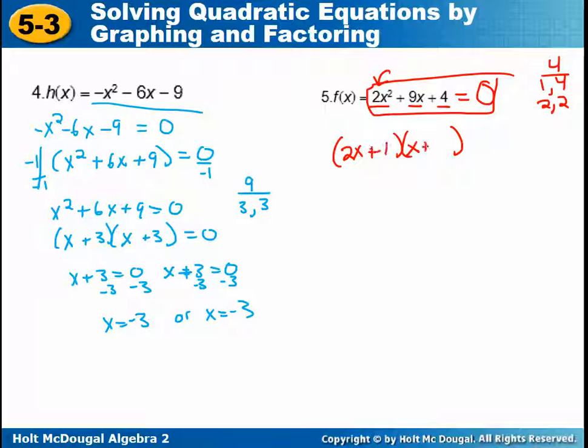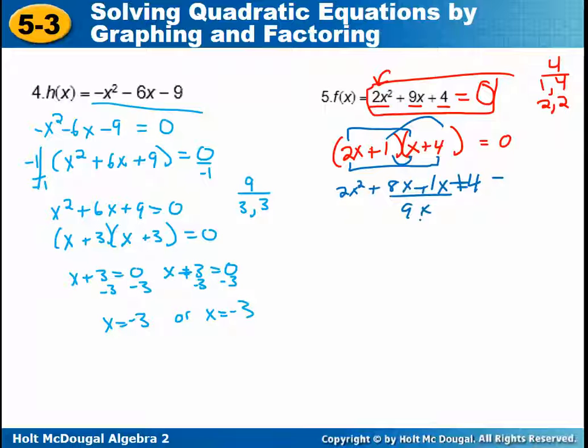Put a 1 here and a 4 here. And I'm going to check with FOIL. I must check with FOIL because I might have picked the wrong pair. First times first would be 2x squared. Yeah, that's good. Then I would have 2x times 4 is 8x. Ooh, this looks good. Plus 1x is 9x. That's going to be good. Plus 4. So I think I picked the right ones